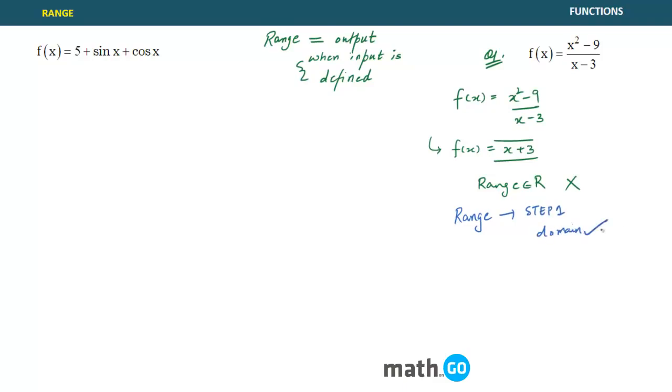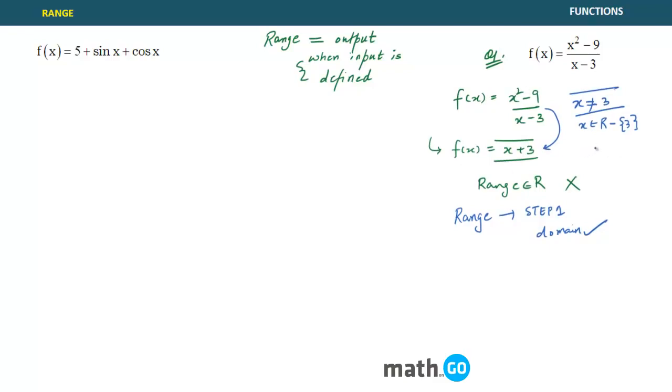Whatever might be, the first step should be the domain. So if I ask you the domain of this particular problem, the domain is x should not be 3, or you can say x belongs to R minus 3, right? In fact, in mathematics, you can write this only when you have written this condition that x should not be equal to 3, because otherwise you are cancelling 0 by 0